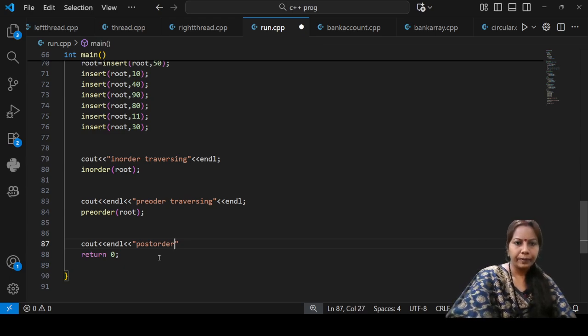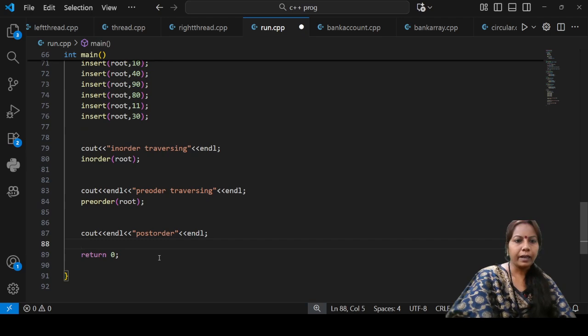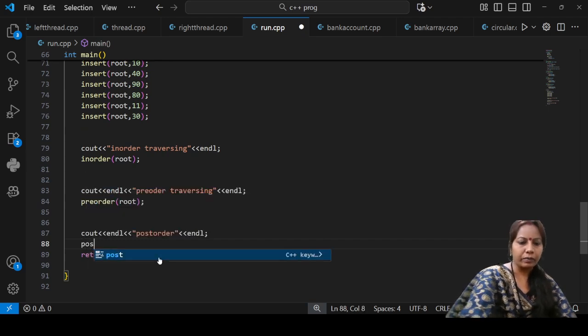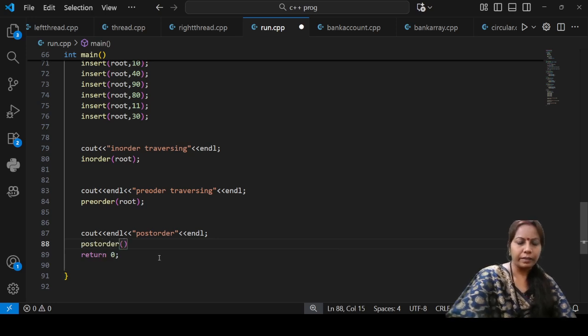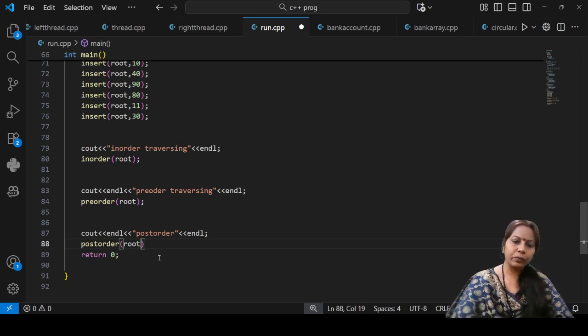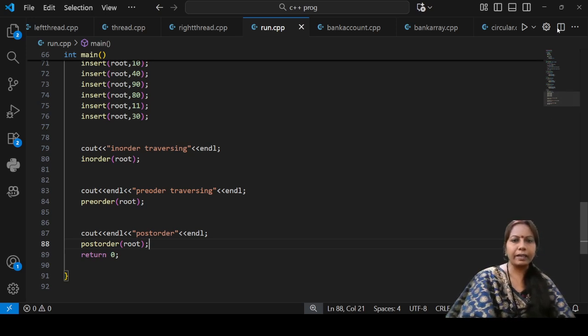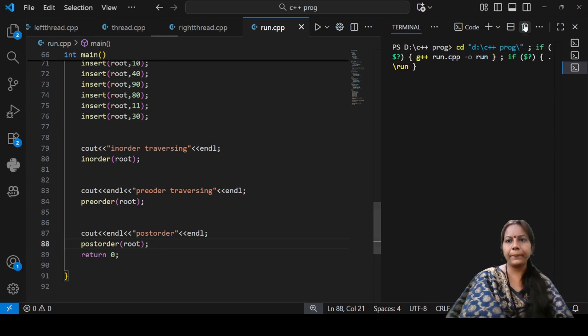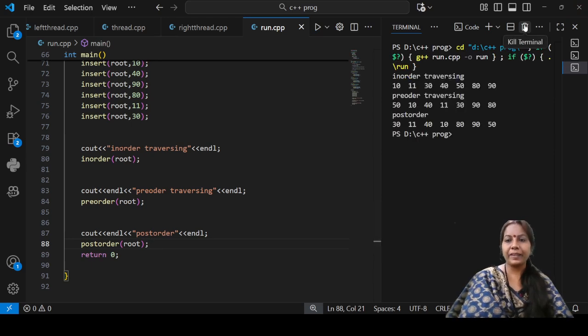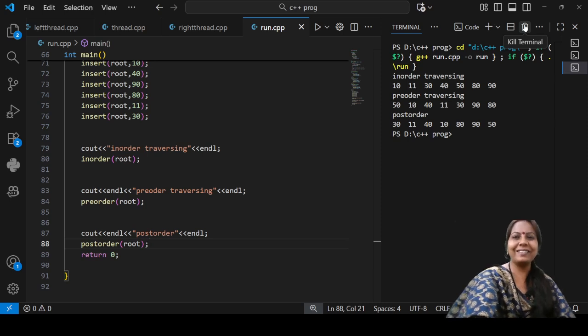Okay, and again endl for the new line, and here I would like to call the function postorder, and here I would like to pass the argument root, and terminate this. Now save this, now execute this. Yeah, you may notice that this is the result.